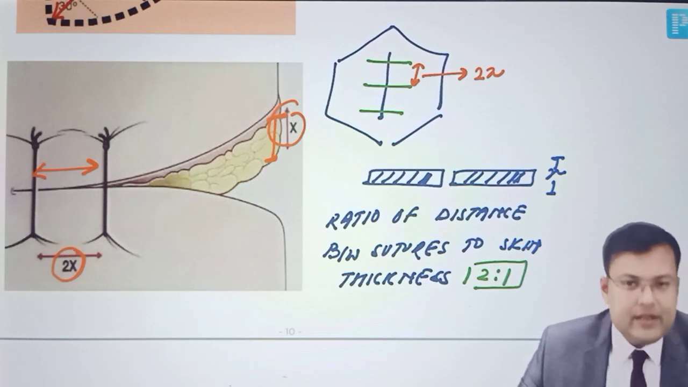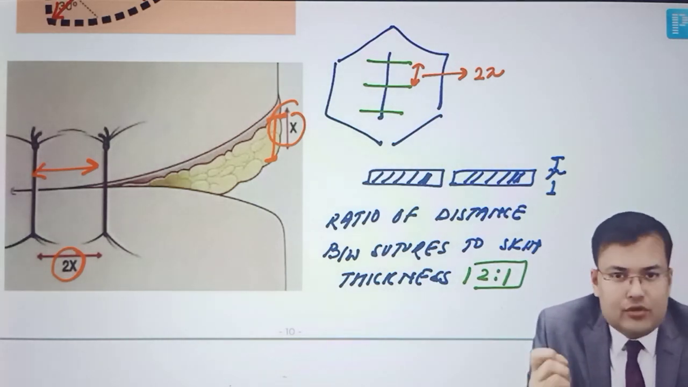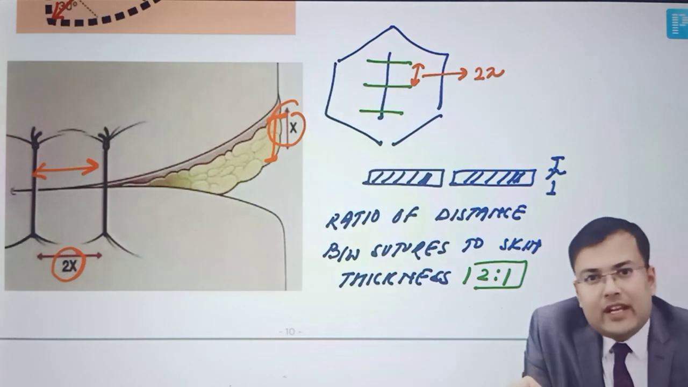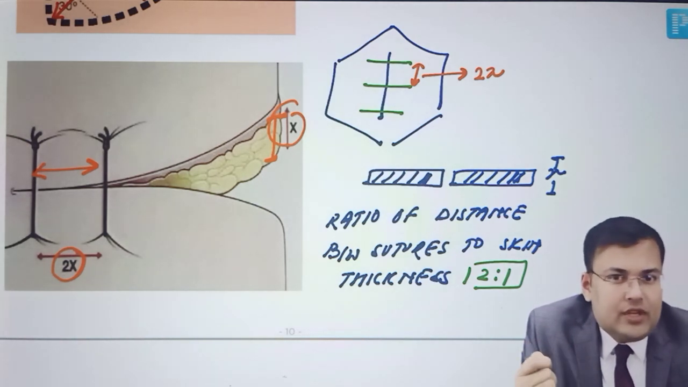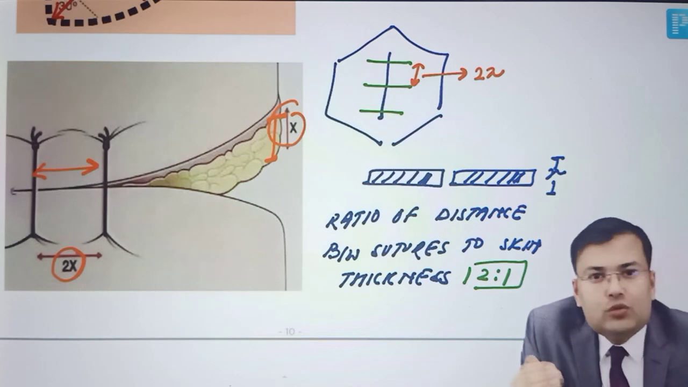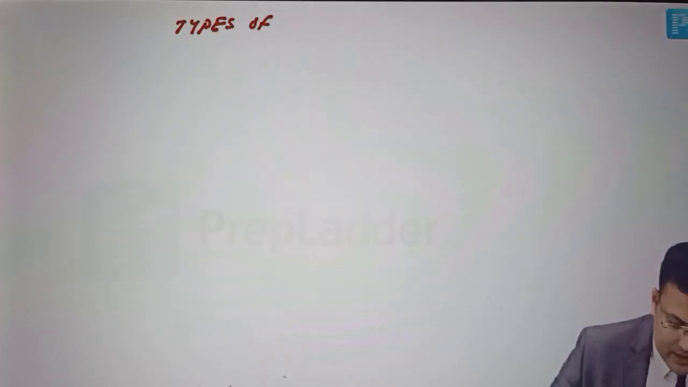Clear? It is very easy to remember. According to Jenkins rule, suture length to wound length ratio is 4 is to 1. For elliptical incisions to heal without tension, length to width ratio should be 3 is to 1. And for skin suturing, distance between sutures to skin thickness ratio should be 2 is to 1. Now we are going to discuss the types of knots, and these are being asked